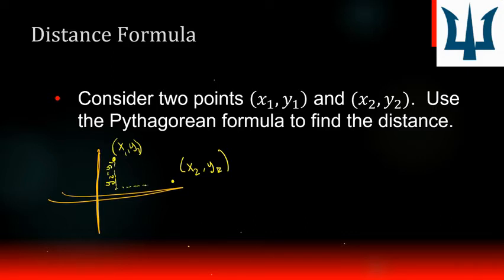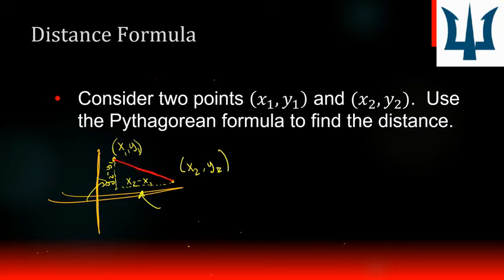And then I'm going to find this distance here, which is how far it is between x1 and x2. So that's going to be x2 minus x1. And so I have these distances now. I know this length here, and I know this length here. So if I want to find the length of the line between these two points, which would be this line in red,